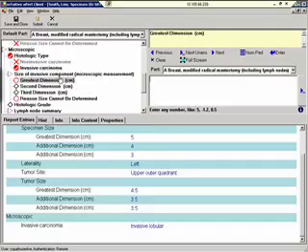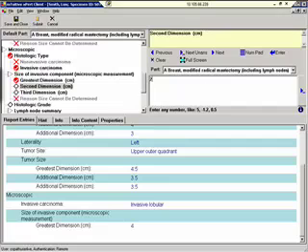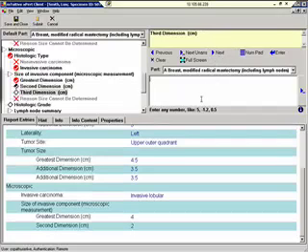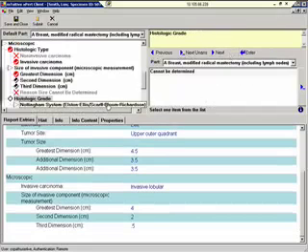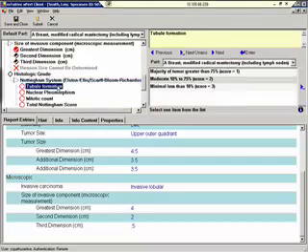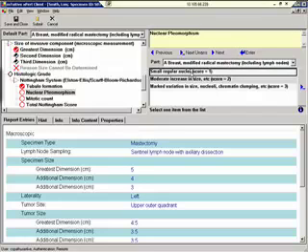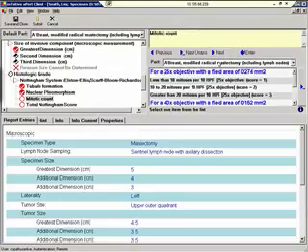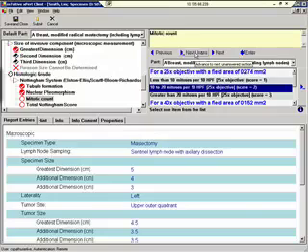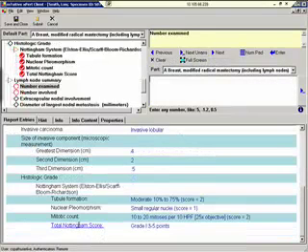Let's move on to the size of invasive component. Greatest dimension, 4. Second dimension, 2. Third dimension, 0.5. The Nottingham system. Tubule formation, we'll select moderate. Nuclear pleomorphism, small. Mitotic count, 10 to 20. Now we'll click Next Unanswered, and as you can see, the total Nottingham score has been calculated